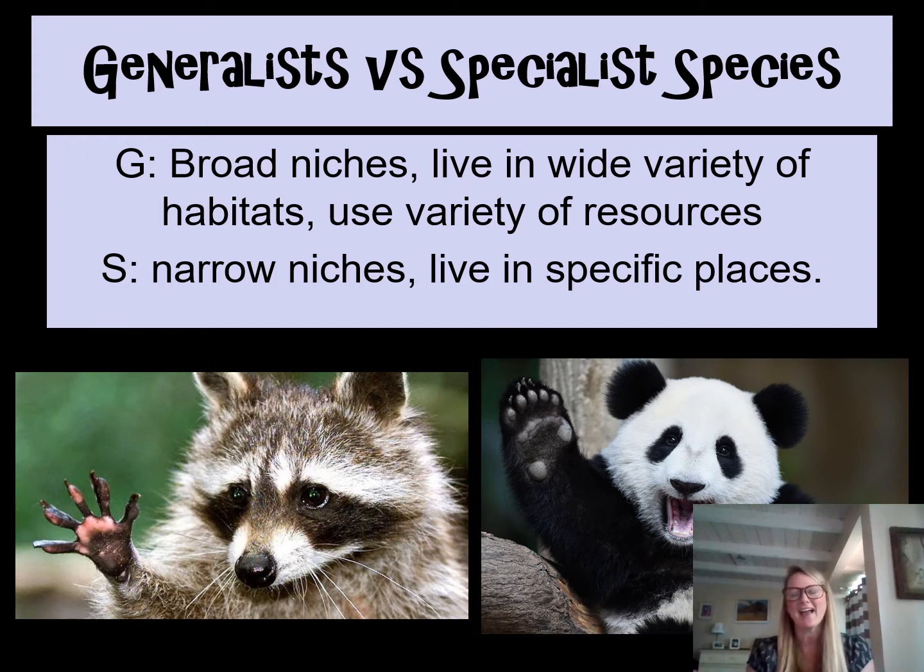They don't eat a wide variety of foods, kind of like my kids. But if you look at the two pictures below, you'll see the raccoon is a very, very classic generalist species. It can eat anything. It can really live in a lot of places. And I pretty much see them in my backyard every single night trying to find whatever they can to eat. A panda, on the other hand, is very specialized, right? We all know they live only in certain forests of China. They only eat bamboo, and so thus they are characterized as a specialist species.